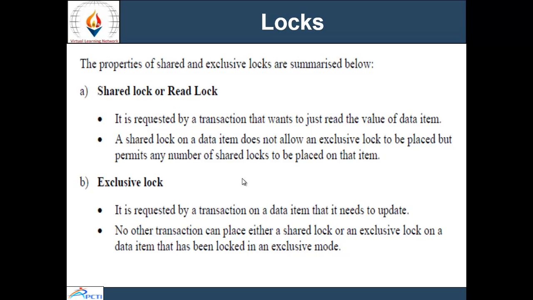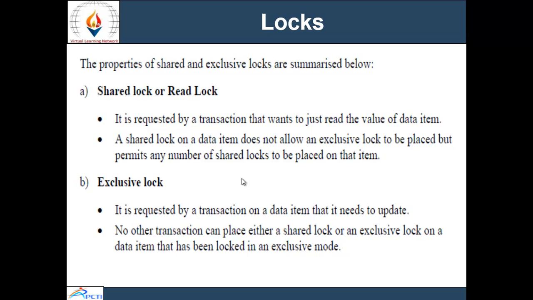Means if a particular transaction acquires a shared lock on a data item, then that transaction just wants to read the value of that data item, and it also permits other transactions to place shared locks, but it does not allow an exclusive lock to be placed on that item.